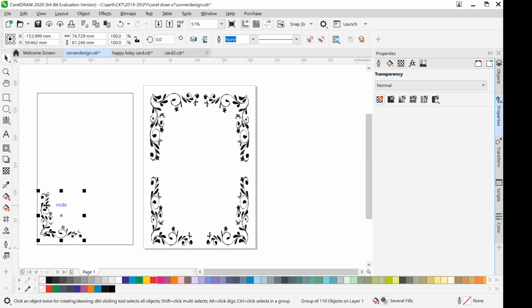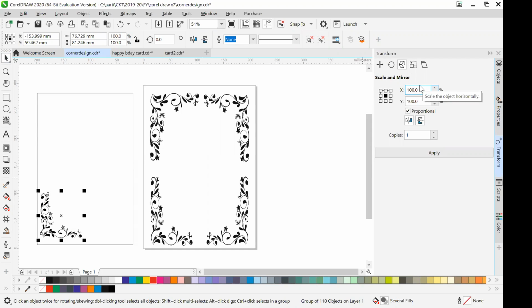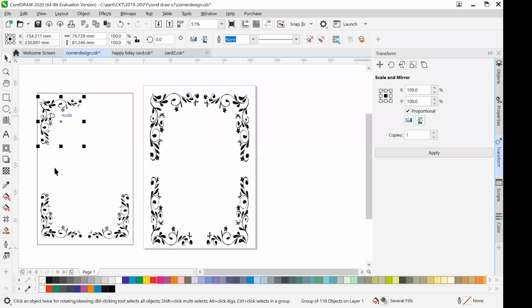Okay, so what we are going to do, this is one side of it. Go to the transform. In transform, we want to replicate it. So simply create its copy, and right now I'm going to choose it horizontally. Horizontally I want to make its copy. So copy it, drag it, drop it. Then suppose you want to make it vertically, now apply it, drag it and drop it. Similarly here I'm going to apply its vertical image, drag it and drop it,